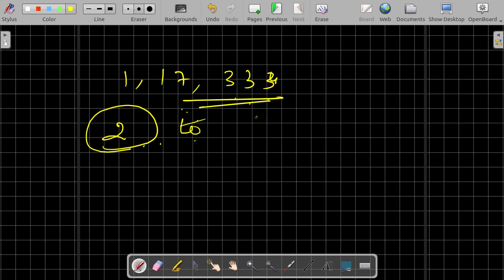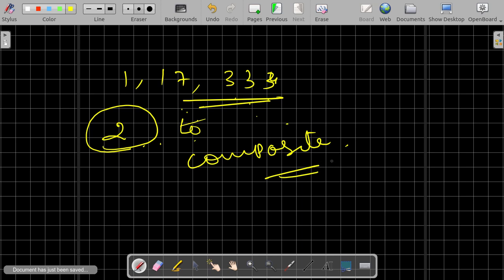When you look at it, there is a not popularly noticed property of composite numbers. Composite numbers are opposite to prime numbers, right? Composite numbers have factors other than itself and 1. That's what is called a composite number.